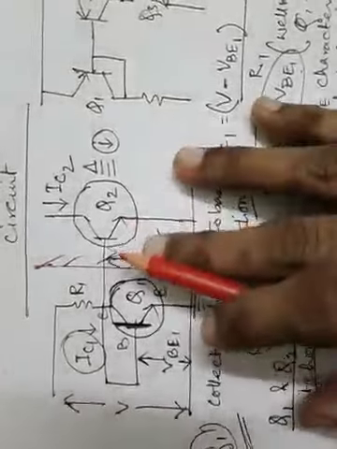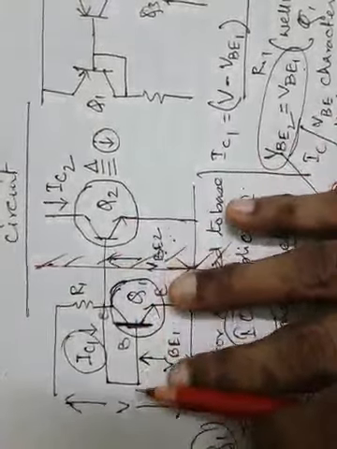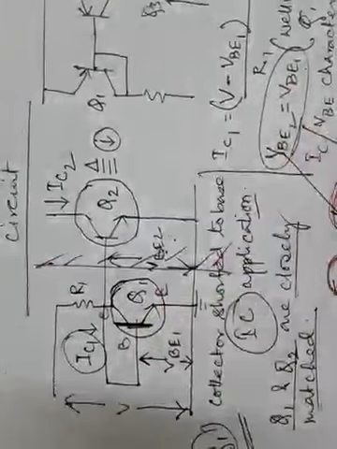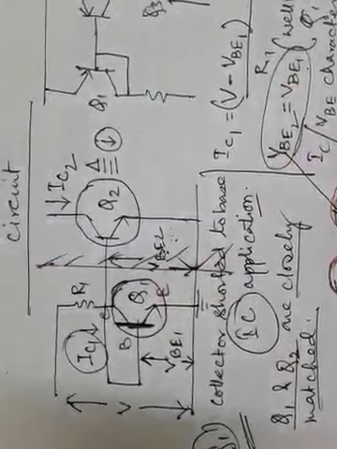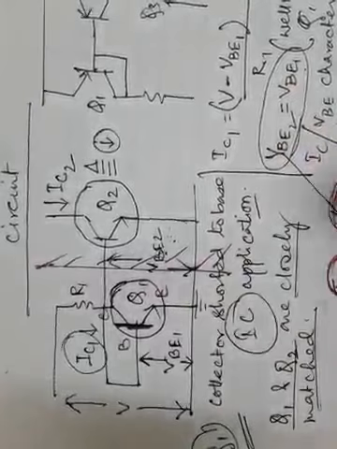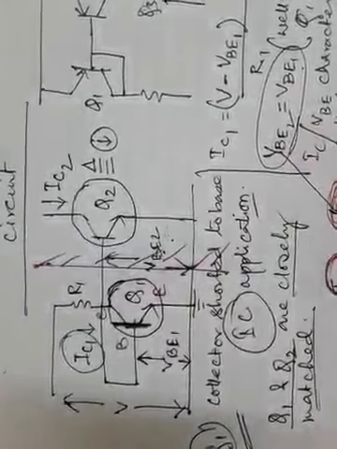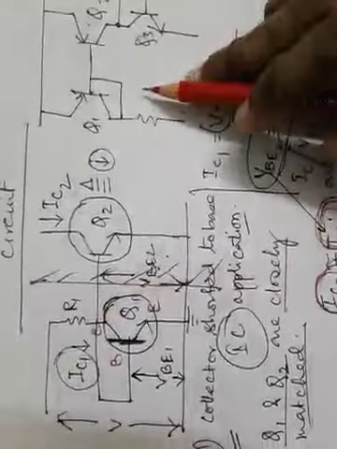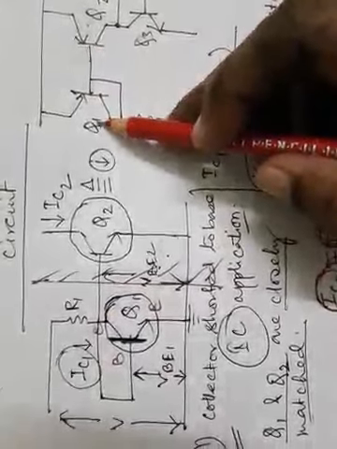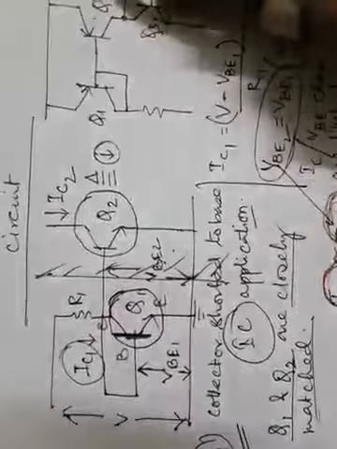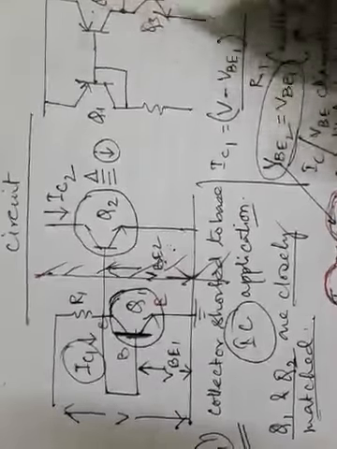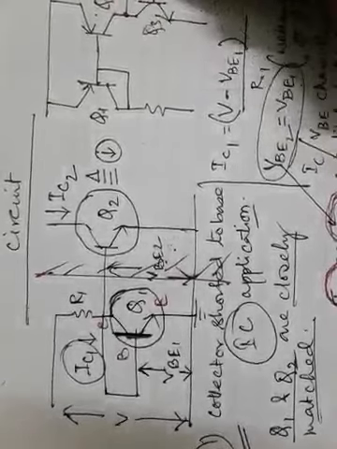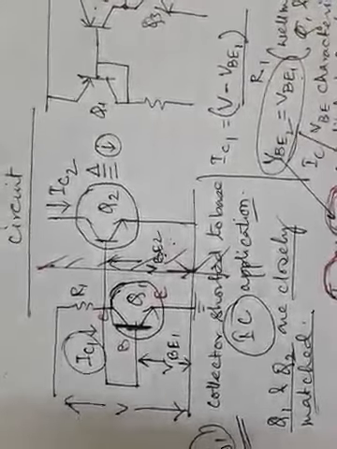So they are called current mirror. Mirror means the object and image are the same or similar to each other. Here we can say if IC1 is the object, IC2 will be its mirror image. That's why this circuit is called current mirror. So here also Q1 will have the mirror image effect on Q2, and Q2 will be driving Q3, so that their combined collector will give us the overall output.